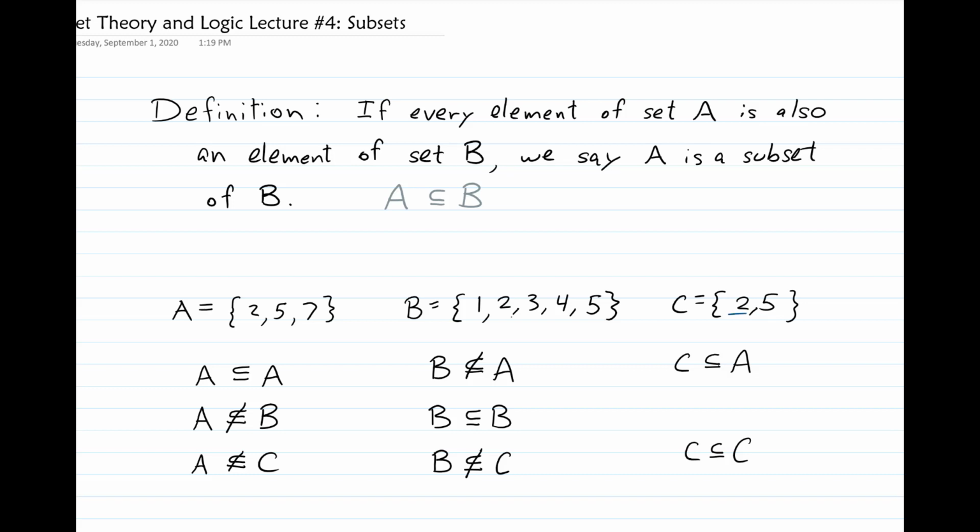2 is in C, and it's also in B. 5 is in C, and it's also in B. So C is a subset of B. Okay, you see how that works? All right, now,